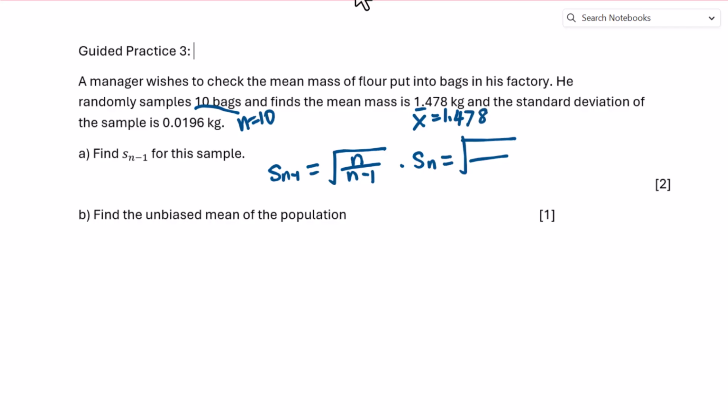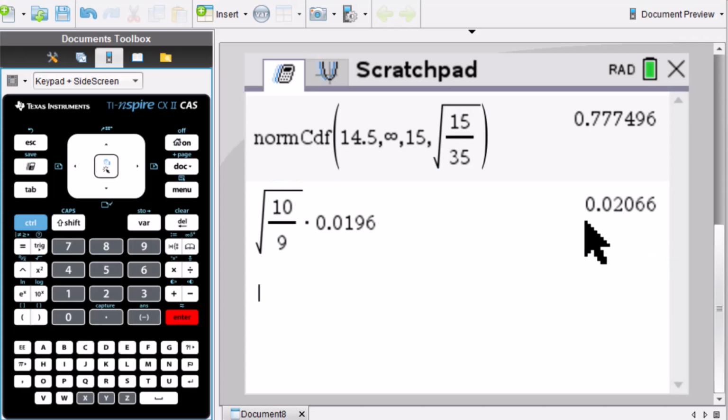Standard deviation of the sample is s sub n equals 0.0196. So we do the substitution: the square root of 10 over 9 times 0.0196. Answer is